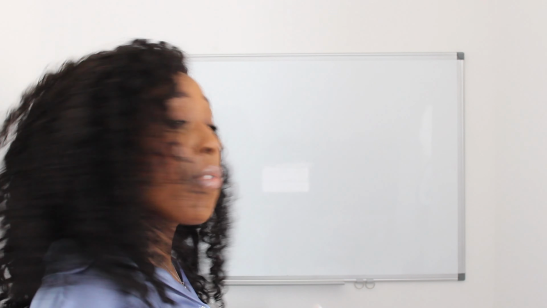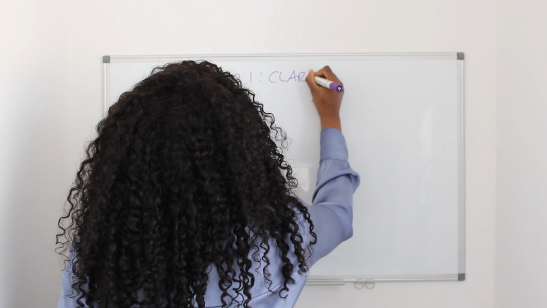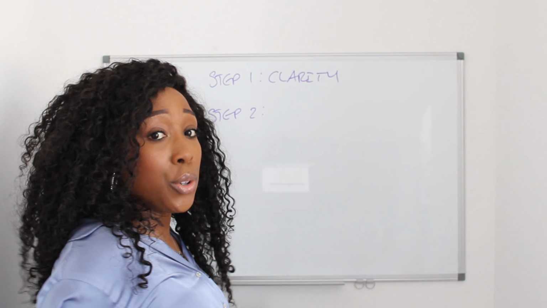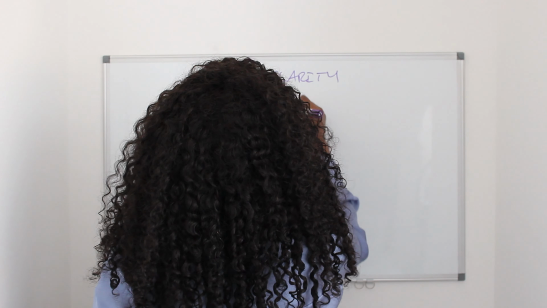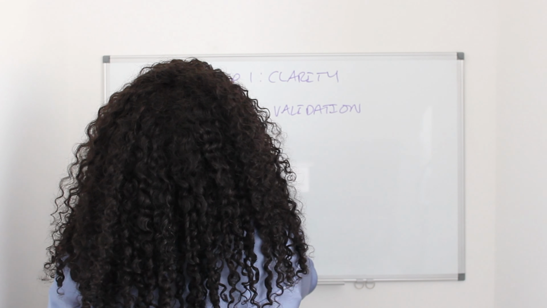Now, there are six stages to actually building a digital product. So I'm going to write them down on the whiteboard one by one, and then we'll go through them step by step, and I'll show you exactly what to do to go from idea to finished published product. So step one is called clarity. Step two is called validation. So you can write these down as we're going along.